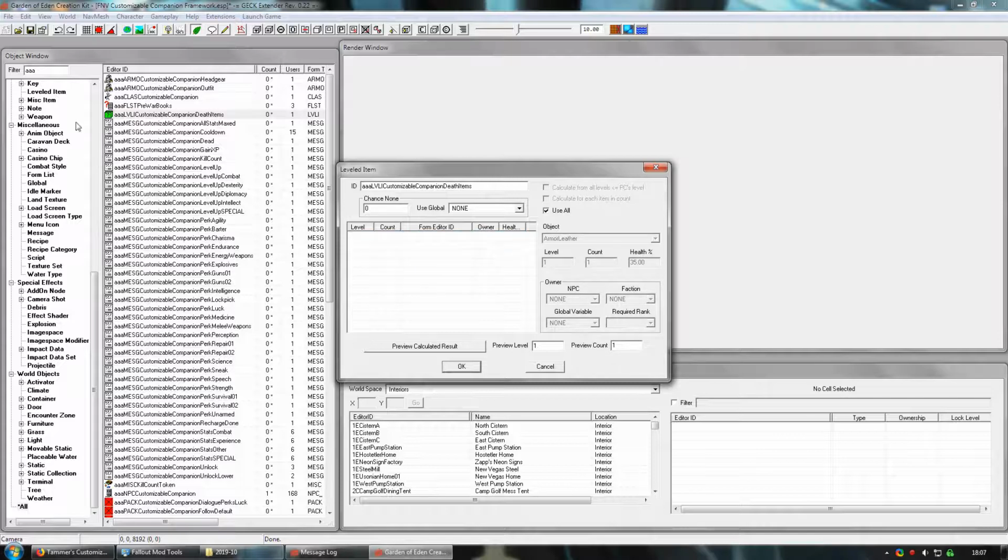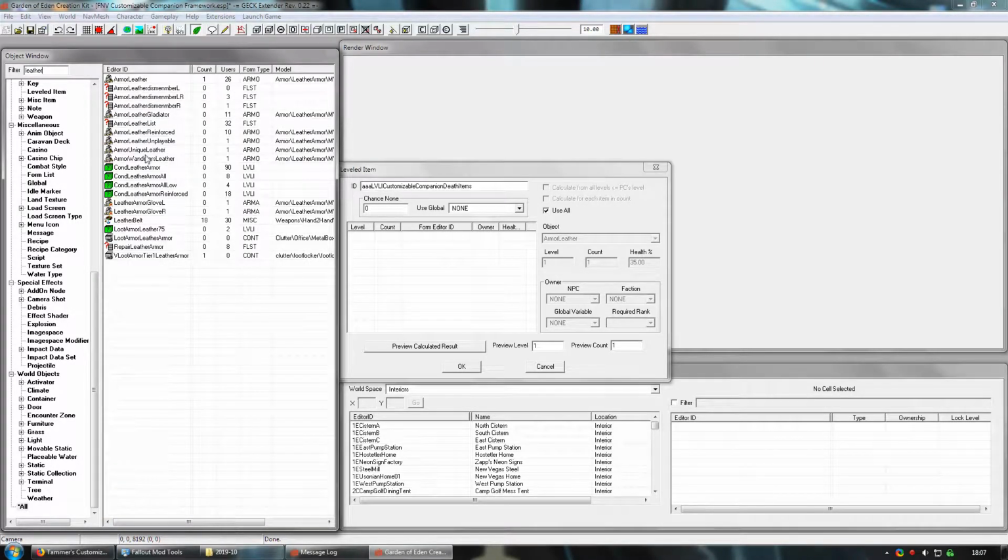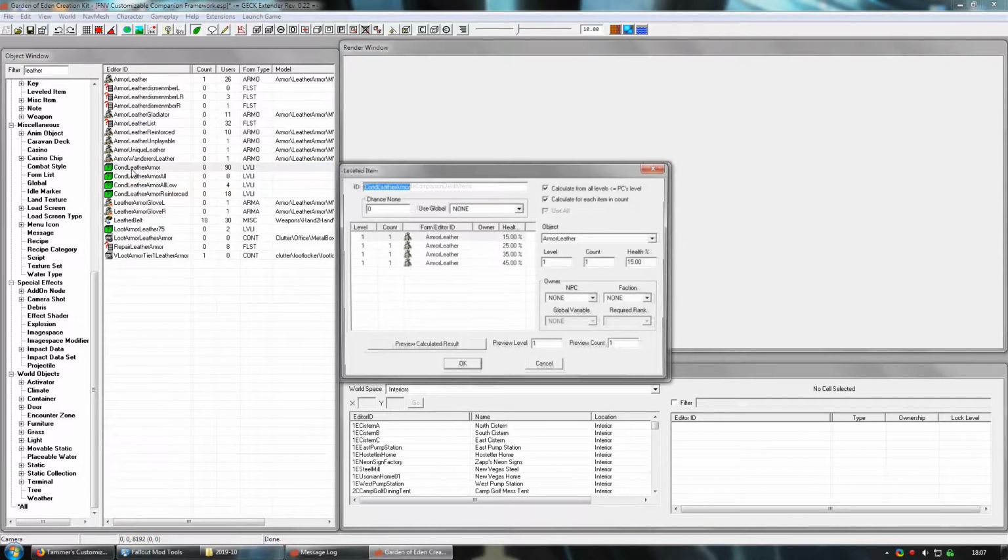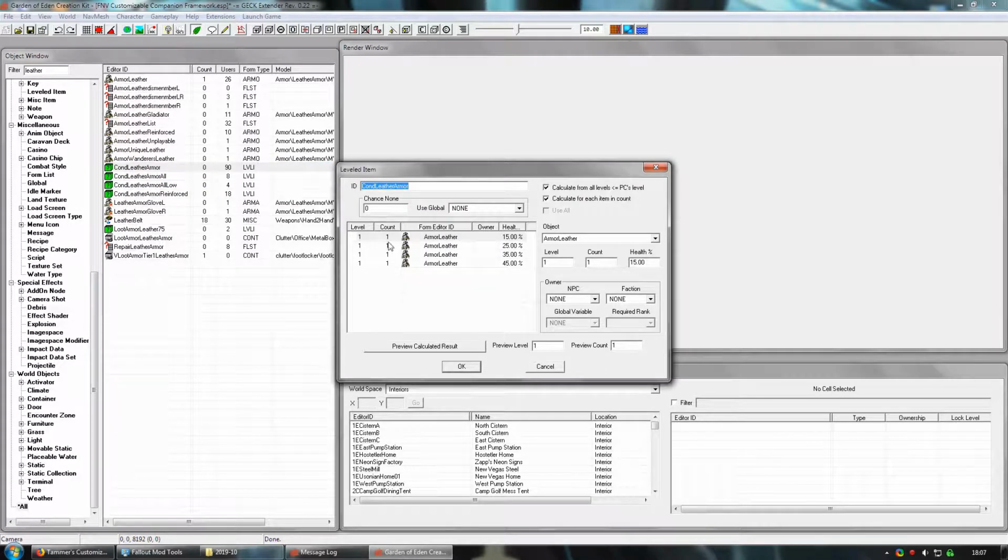So for instance, here, if I say leather armor here, for these conditioned